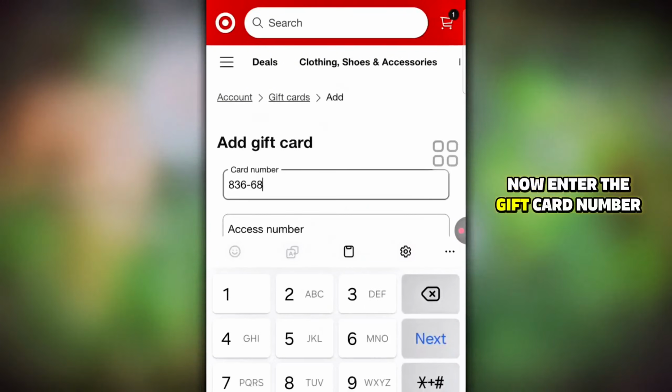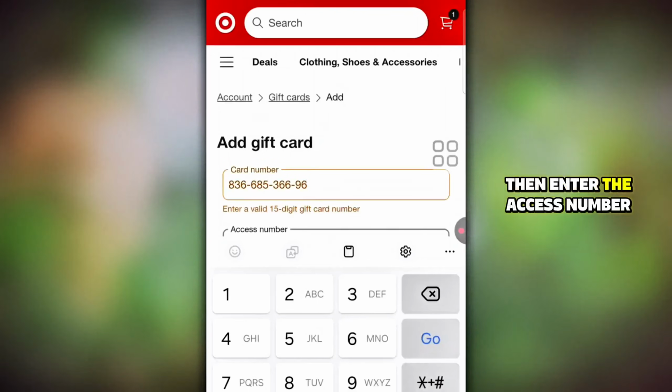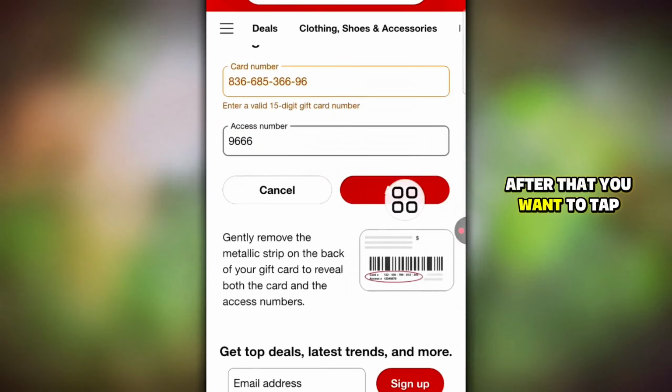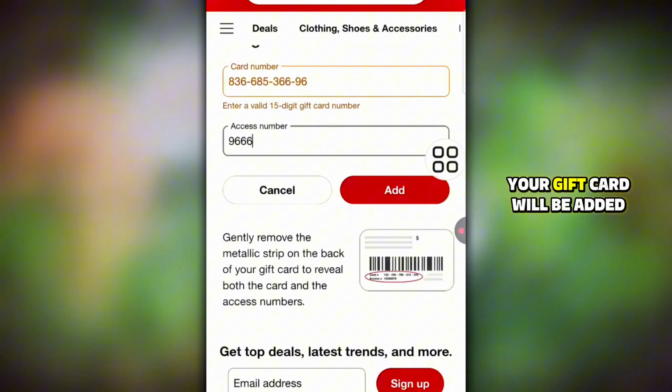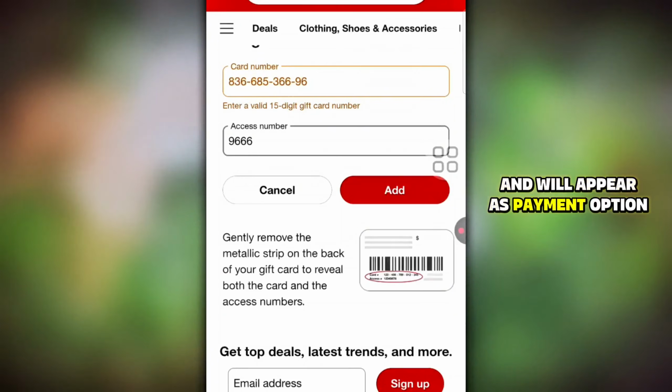Now enter the gift card number over here, then enter the access number. After that, you want to tap on the Add option. Your gift card will be added over here. The entire value of the card is now safely tied to your account and will appear as a payment option next